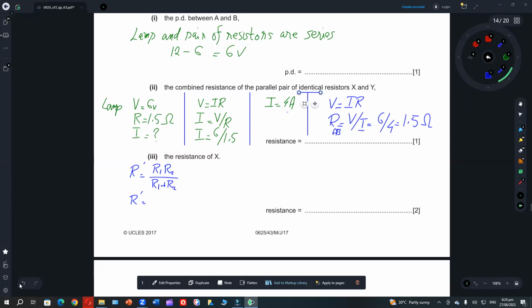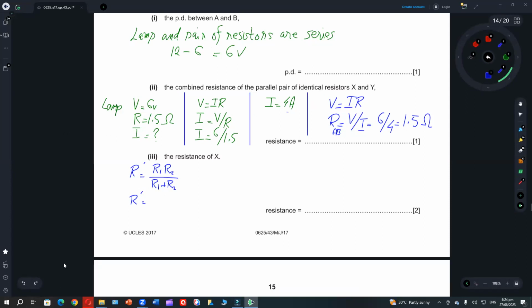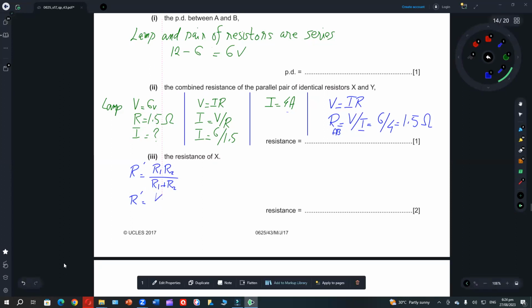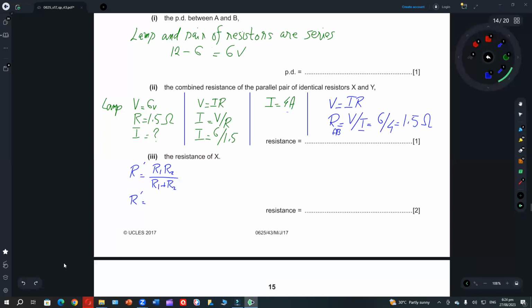So I can take both of them as R, because they are identical resistors. So in case of identical resistors,